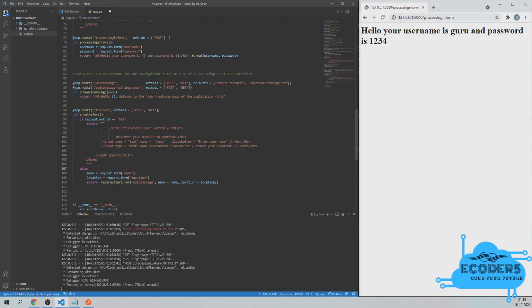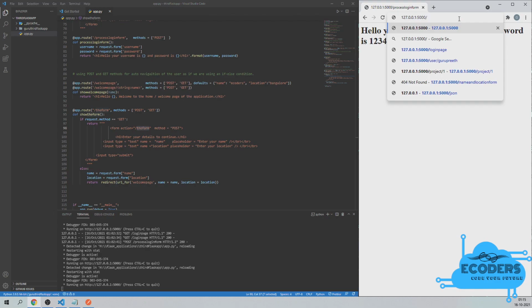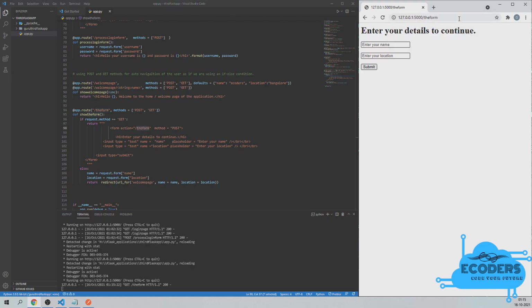Now let me save it and let's open that particular form first. To open the form, we will have to append the URL with /form and press enter, and it is going to take you to the form page. See, this is the form page, and the method it has used is get. If the method is post, it is going to show you this particular page.